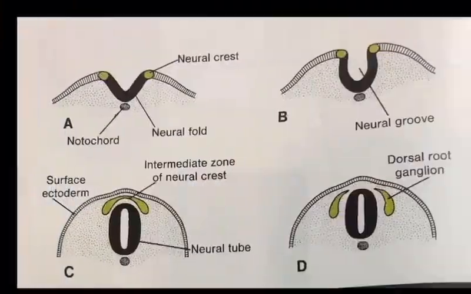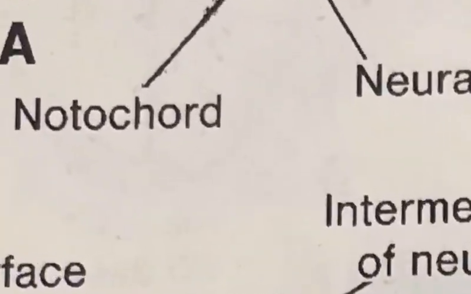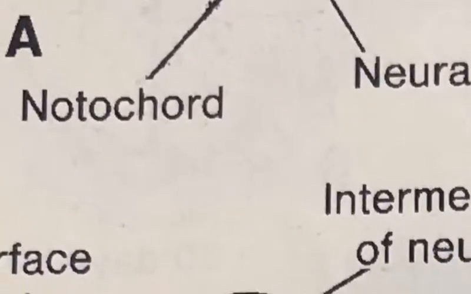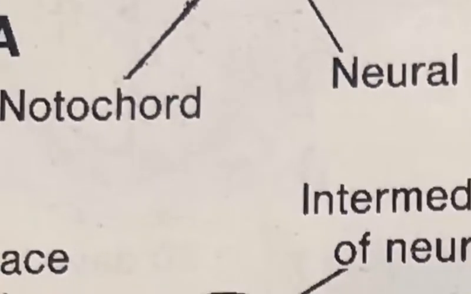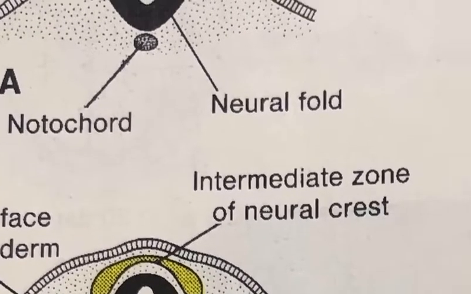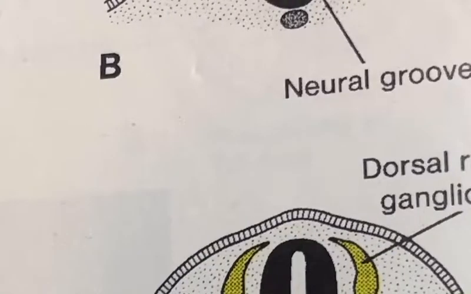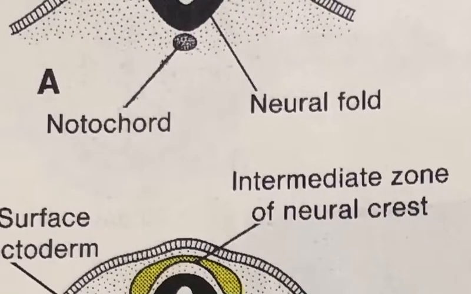Okay, this is one. So now it forms a nice groove, that is called the neural tube, and anteriorly at the topmost it is going up and then down it is coming down, that's the bottom thing. And here it's a clear picture where you can see the lateral elevations, called neural folds, and the central depression, called neural groove. Now the neural groove is getting deepened and the two edges become approximated and they get fused. This is how the neural tube is nicely formed.